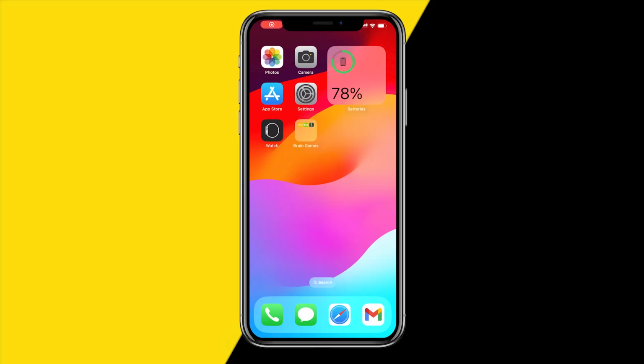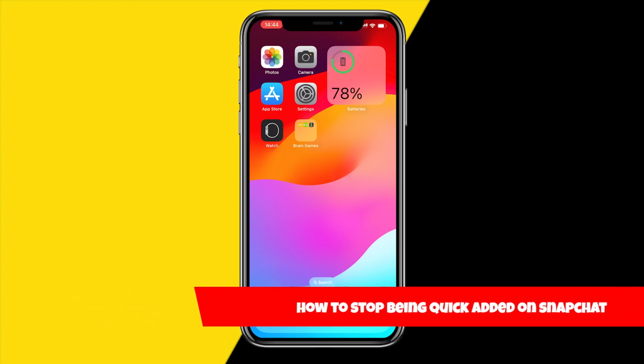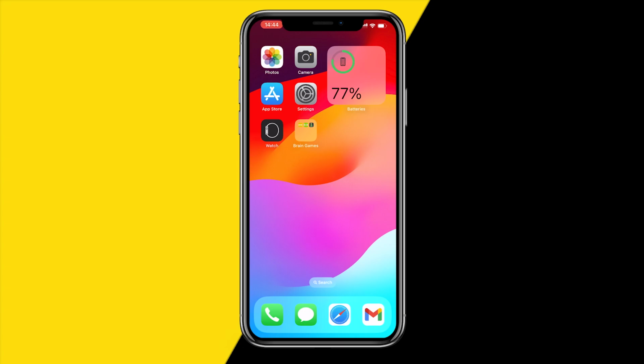Hello everyone, welcome to this video, and in this video I'm going to show you how you can stop being quick added on Snapchat. So in order to stop being quick added on Snapchat, or basically disable Quick Add on Snapchat, what you